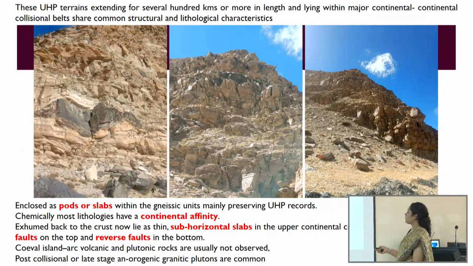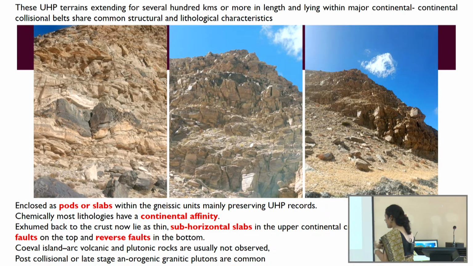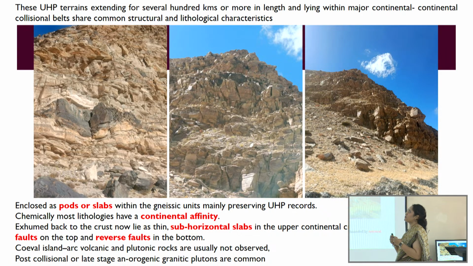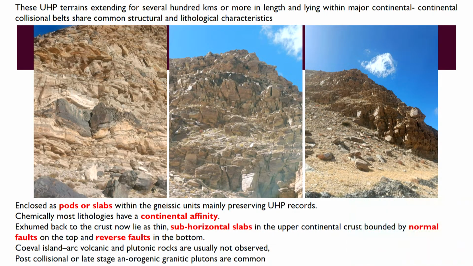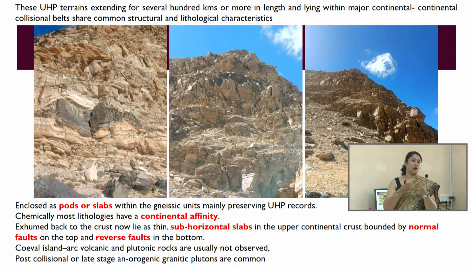So some very classic or common structural and lithological characteristics were observed between these different terranes, okay, and primarily all of them were lying between major continent-continent collisional belts. So yeah, it was when two continents collided that there was a possibility of finding UHP rocks,